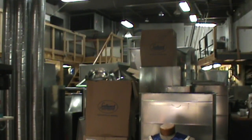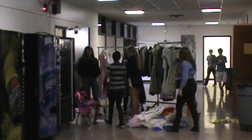This is not normal. We've been moved around 3 times now, to 3 different temporary costume shops. They're doing a lot of construction down in the basement area. I don't know, they just kind of shove us in wherever they can put us. So we've been in a choir closet,